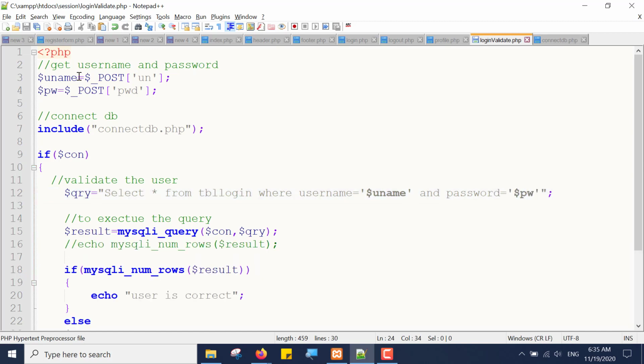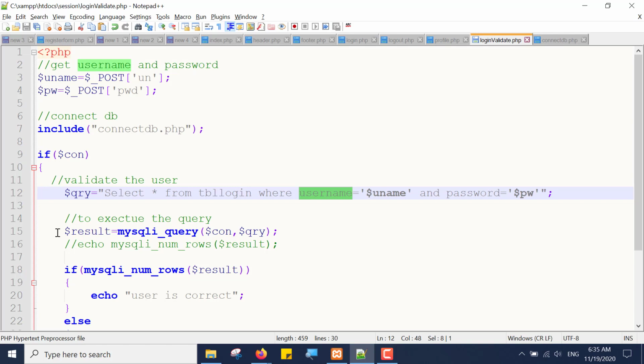I have the username and password collected from the form. Then I have a query which says select star from table login where the username is the same, and also the password is the same. So if it is the same,